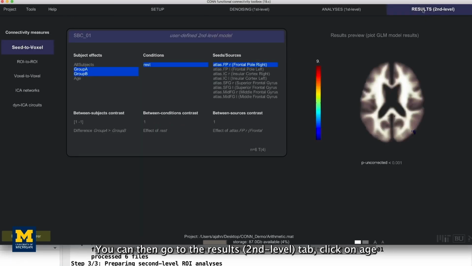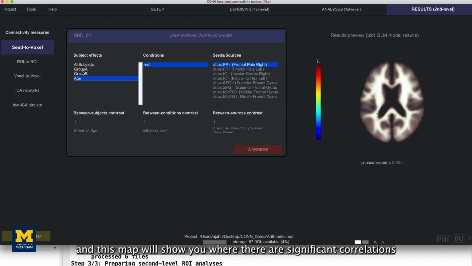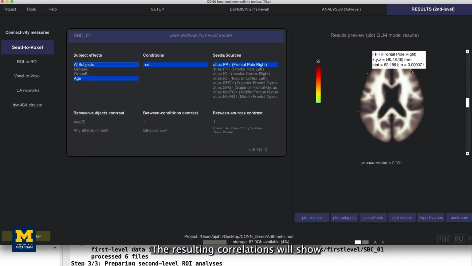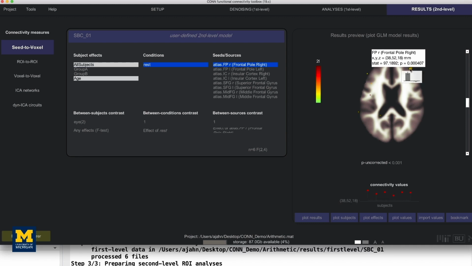You can then go to the Results second level tab, click on age, and this map will show you where there are significant correlations with that. The resulting correlations will show where there's a significant correlation, again, between the correlation effects and a covariate such as age. For example, does the correlation within a voxel such as this one